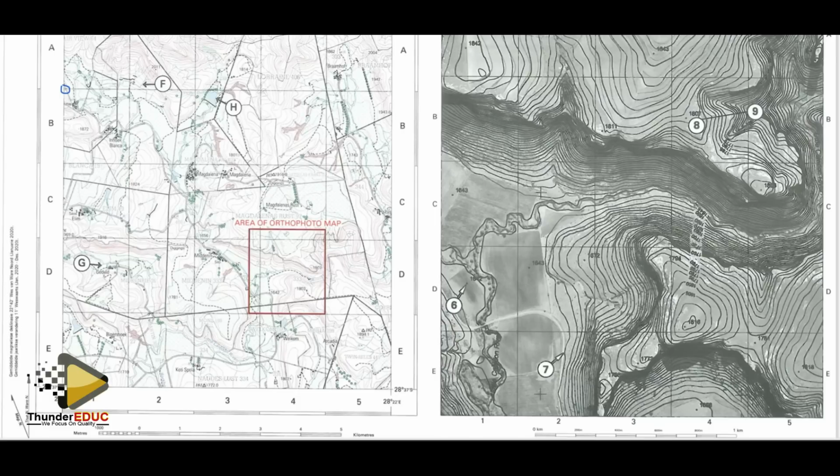The question says, determine the true bearing from the spot height 1802 to trigonometrical station 182. When the question is asking about calculation of bearing, I'll try to illustrate, though I won't be very accurate in my illustrations, but I'll try to show how we determine our true bearing. Right, we have identified the 2 points. Our spot height is here and our station is here. So between these 2 points, we need to determine where we are supposed to be stationed.